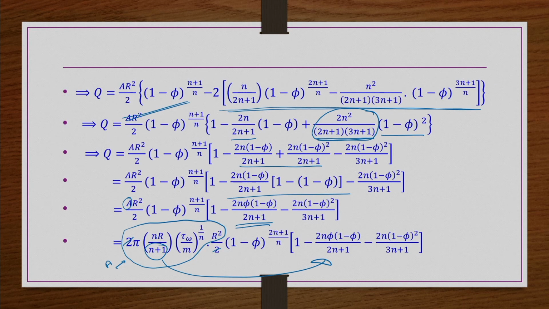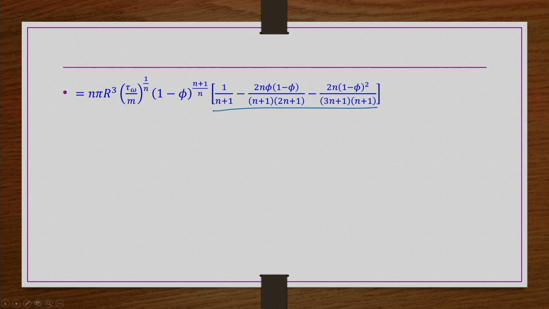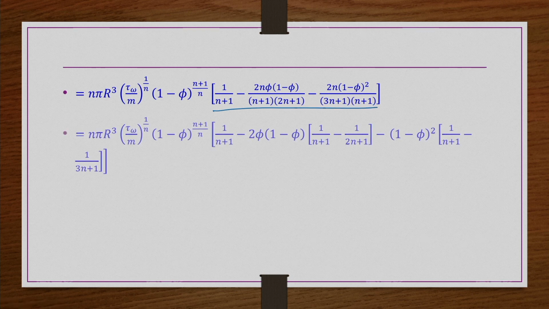So, what we have here, n pi r cube divided by (n plus 1) (tau w by m) whole power 1 by n, (1 minus phi) whole power (2n plus 1) by n is there. So, then whatever n plus 1 we are bringing into the parenthesis, then we have this term, right. So, in the next step what we are trying to do, this term we are dividing into 2 terms, so that we have this one. Similarly, this term we are dividing into 2 parts, so then we have this term 1 by (n plus 1) minus 1 by (3n plus 1) is nothing but 2n by (3n plus 1)(n plus 1),